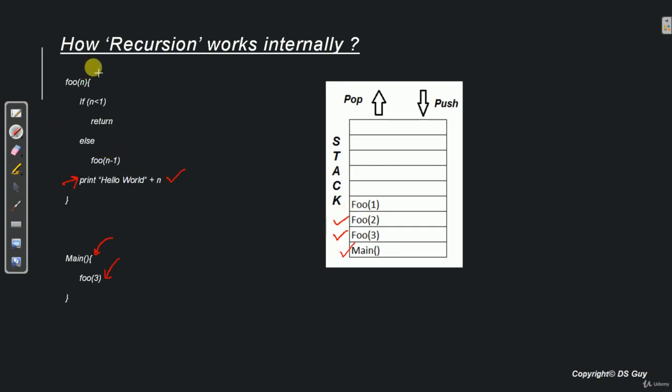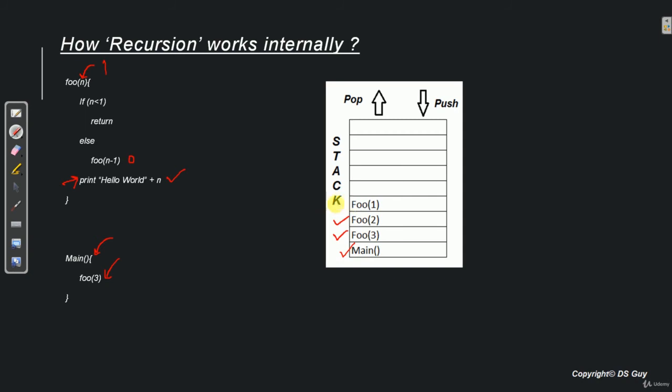Now the value of n over here right now is 1. If n is less than 1? No, it is not, else foo n minus 1. So what is n minus 1? It is 1 minus 1, that is 0. So the system once again needs to call foo n minus 1, that is foo 0.